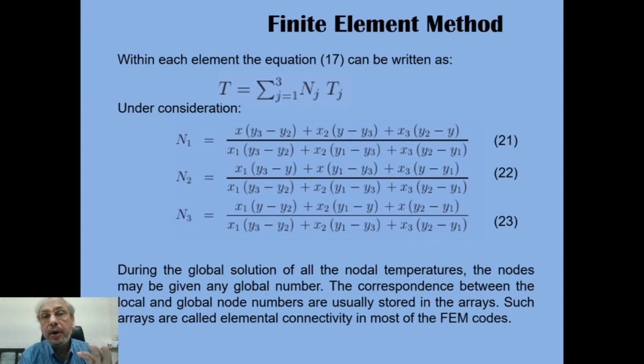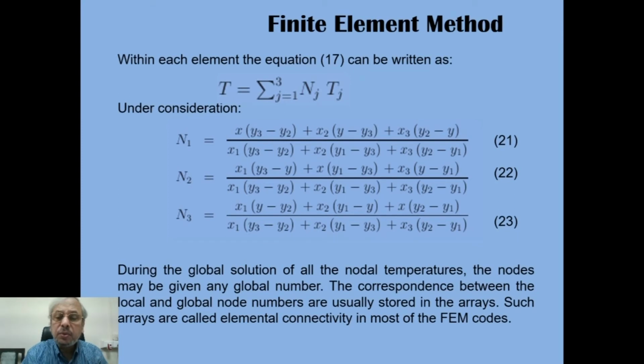So any global point will also be a point of 2 or 3 elements, a common point. A point has identification in the domain. A unique identification is the global node number. Otherwise, it will have a local node number depending on the element and which node of the element that point basically is.